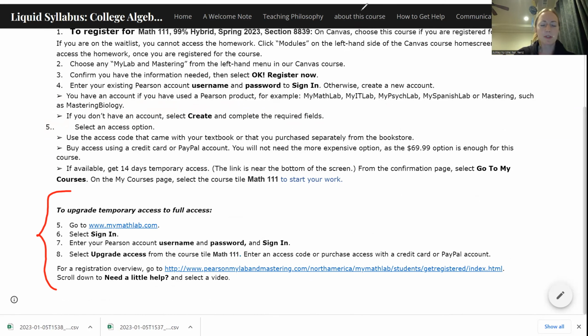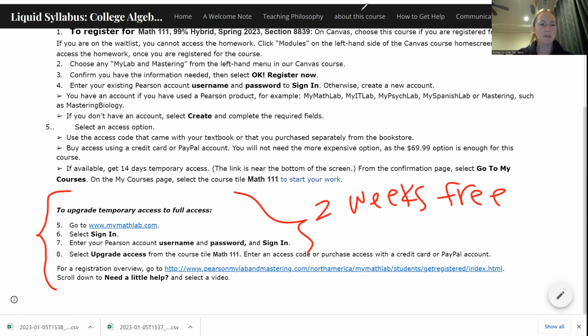But anyway, if you're in that boat where you're like, okay, I don't have the money right away, but I need access to the homework, this bottom part gives you temporary 2 weeks free access. Yeah, free. So that way, if your financial aid comes in or you haven't gotten paid yet at your job or something, whatever the case may be, you can just sign up for the 2 weeks. And then once the 2 weeks are over, you purchase the code. MyMathLab will say, hey, it's been a good run, this free 2 weeks, right? But now it's time to pay. And you say, all right, I was hoping you'd forget, but okay, here I go. And then you pay. That's a good option.